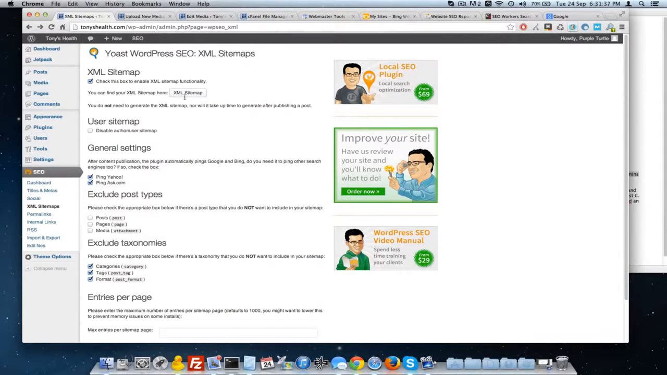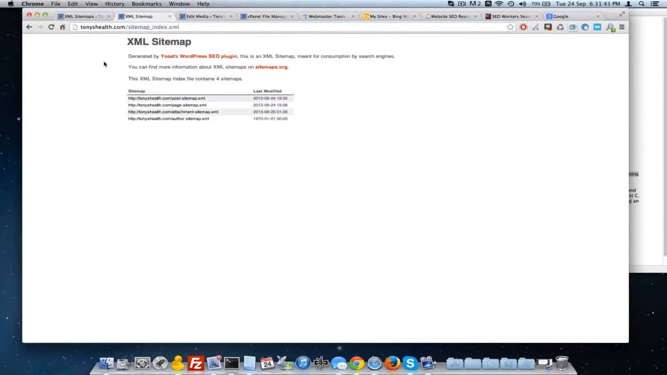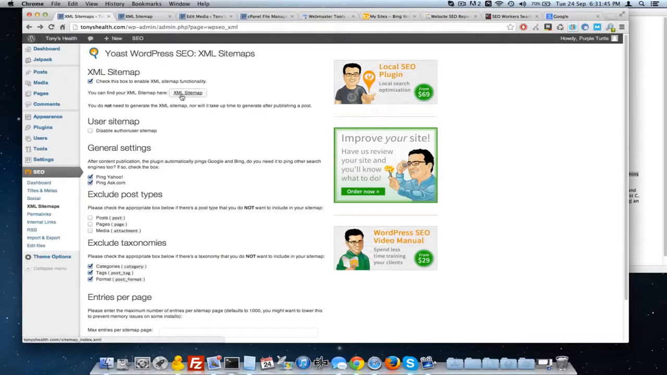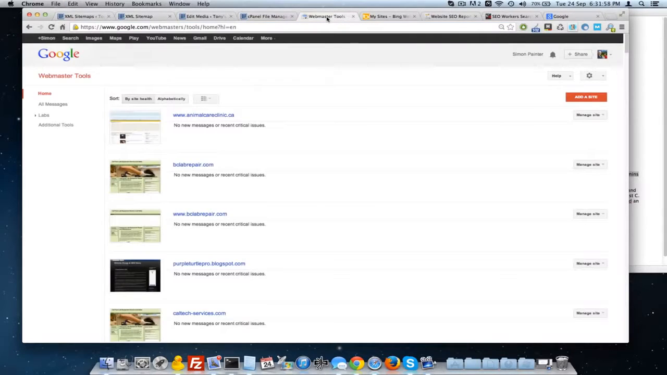Okay, so after you've done that, it's going to open up in a new window. It'll look like that. Okay. So you click on this, and then you get this. Now what we're going to do is I'm going to grab this sitemap.index.xml, just the end of it, not even the slash, and I'm going to come over here to Webmaster Tools,